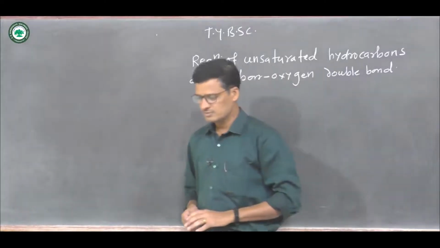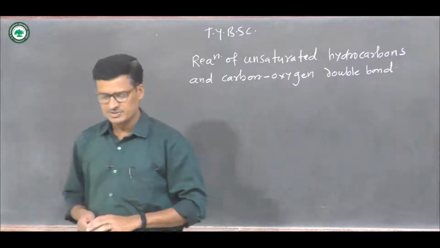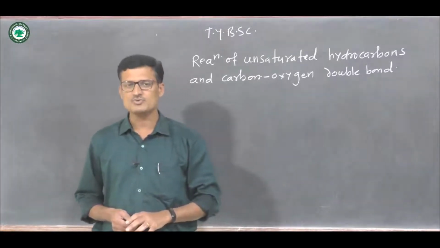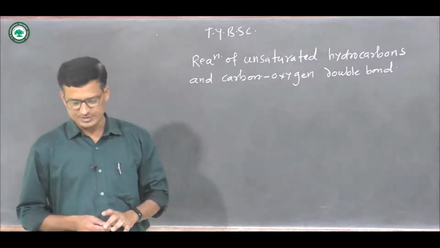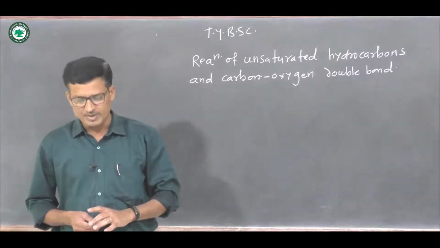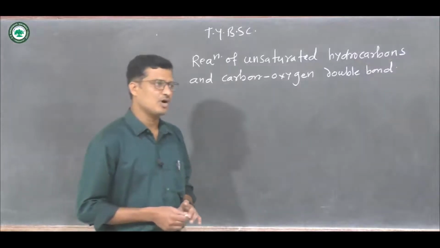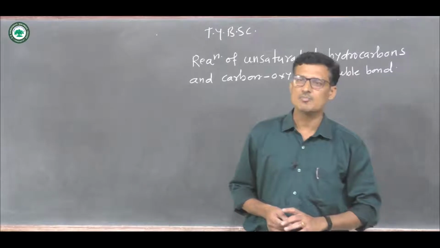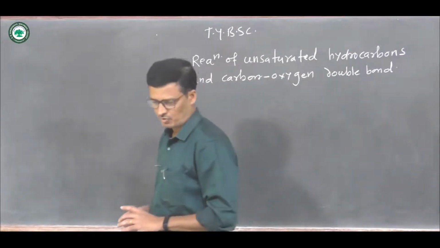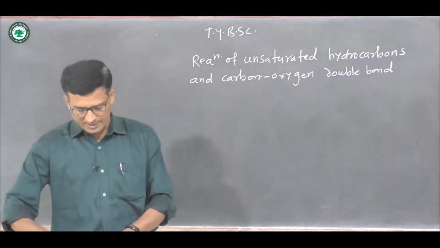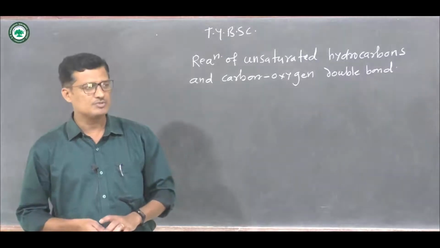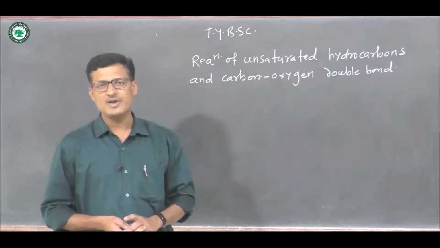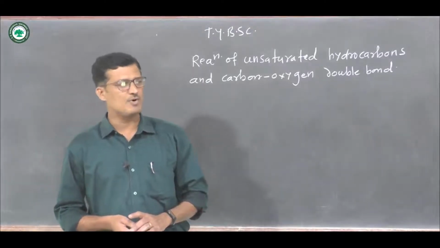A compound having a carbon-carbon double bond, triple bond, or carbon-oxygen double bond, we call such compounds unsaturated compounds. But unsaturated hydrocarbons means compounds containing a carbon-carbon double bond or a carbon-carbon triple bond. So mainly the unsaturated compounds means carbon-carbon double bond and carbon-carbon triple bond, as well as carbon-oxygen double bond, give